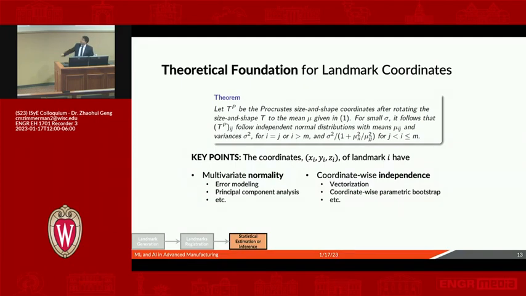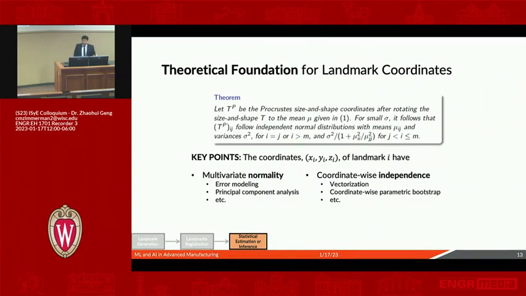Instead of going into the theorem, let me summarize these two points. The first is that after registration, the coordinates of each landmark have multivariate normality, or at least approximately multivariate normality, so we can directly utilize this normality for error modeling and have very good performance in principal component analysis. The other nice property is coordinate-wise independence, which means rather than dealing with a high-dimensional matrix, we can vectorize it into a high-dimensional vector and do further analysis, which saves a lot of effort. We can also do coordinate-wise parametric bootstrapping, which is very useful for uncertainty quantification for